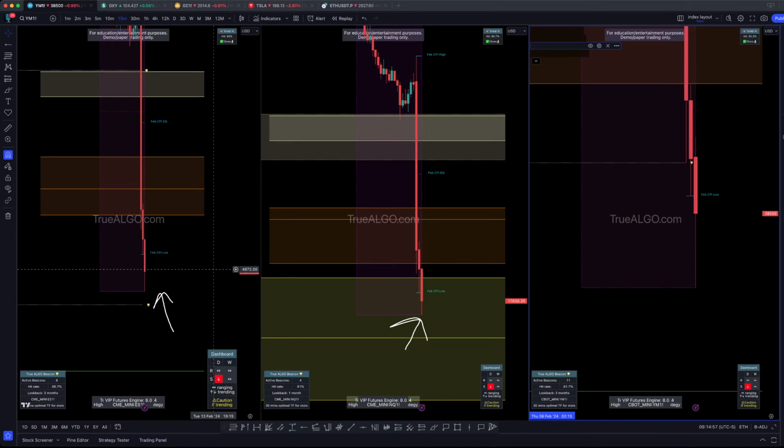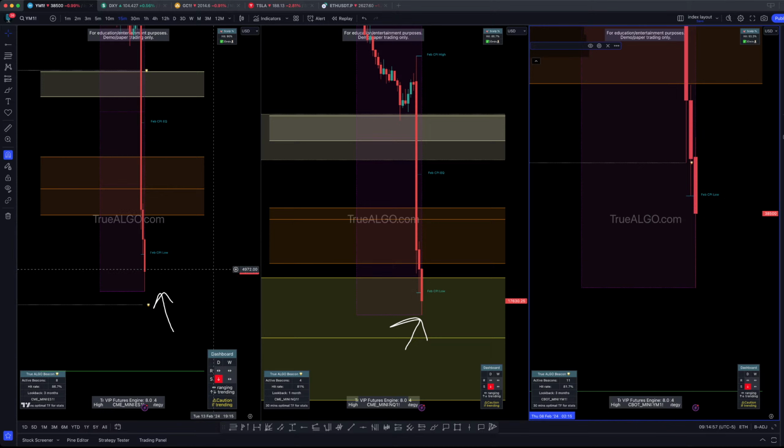You guys have been here. You've been watching US 30 with us the entire time. Look at US 30. Let's say you woke up and you missed CPI and it hits the beacon. But look, you have a bearish close below the True Algo box. So now what do you do? You simply target the next box lower. And when you think it's a low probability, look at the very next candle. And there's your bearish close.